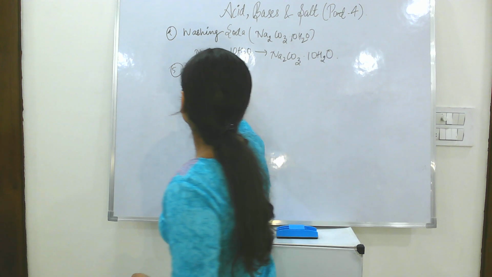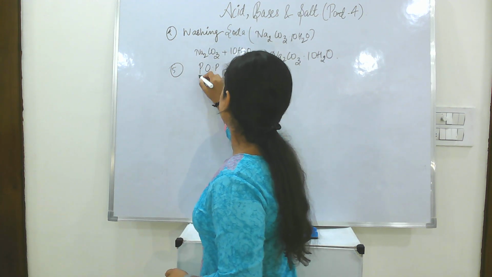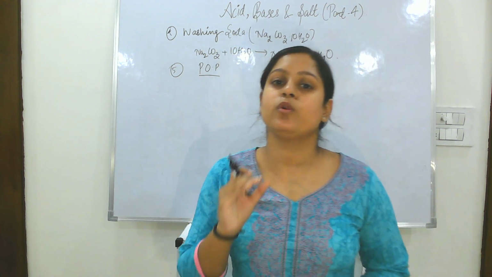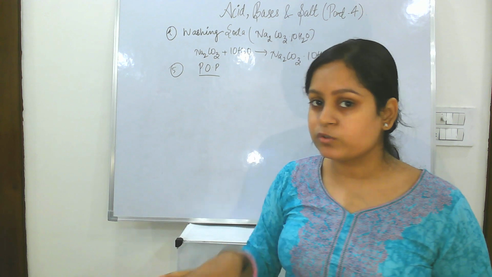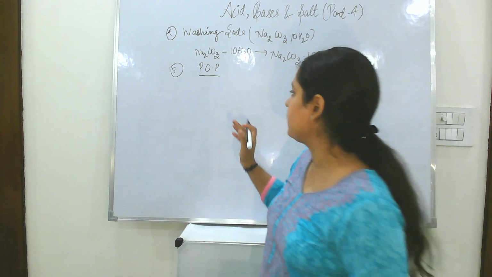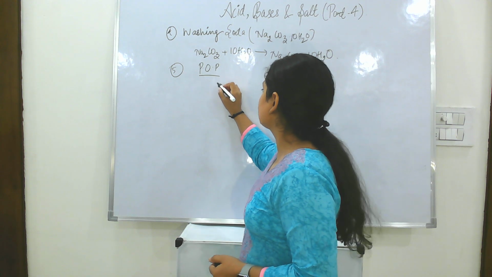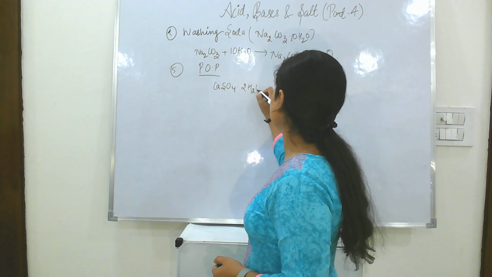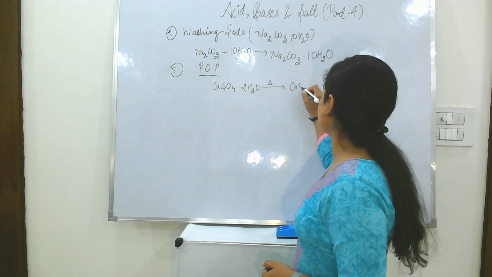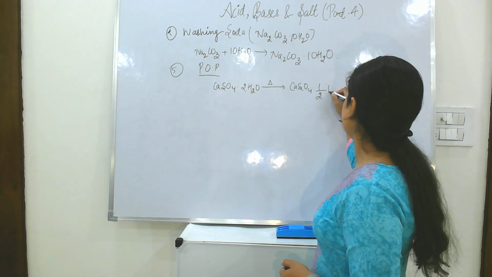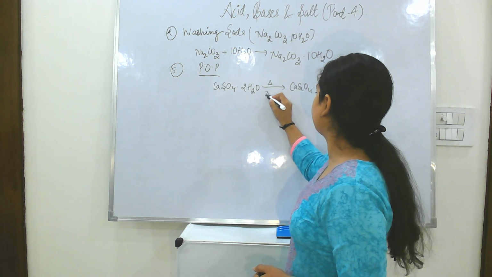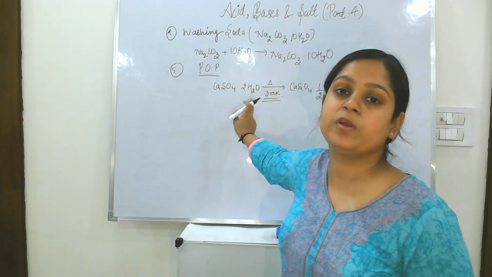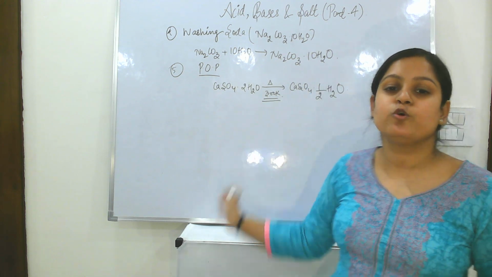Fifth one is plaster of Paris, POP. When gypsum is heated at a particular temperature, it will lose its water, because after heating anything can lose the water or the moisture. So when gypsum, that is CaSO4 dot 2H2O, is heated, it will form CaSO4 dot half H2O at 300 Kelvin. You note down that this temperature should be controlled, otherwise anhydrous POP is formed, and this